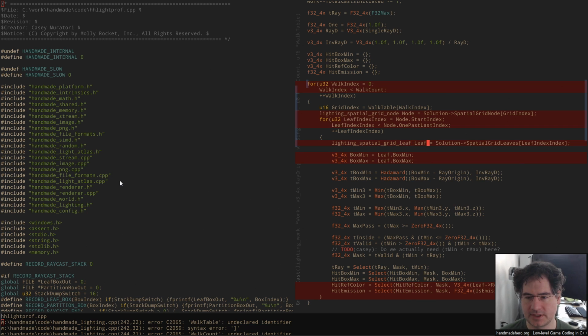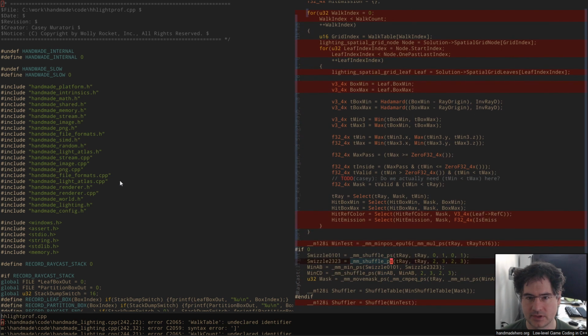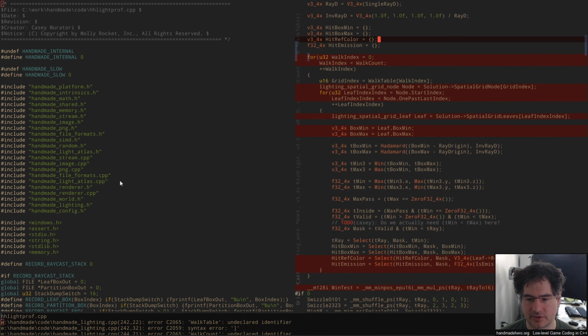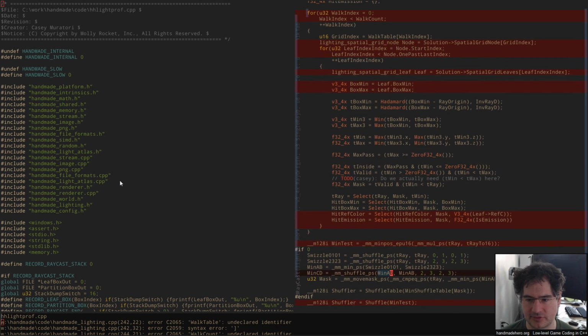So now when we go in here, we're going to be loading these leaves out, and each leaf is going to have the information that we require. We have the hit ref color and the hit emission, and those need to come from somewhere. Mostly, I think we're just doing this. And if we look at what's happening here, this is kind of busted, actually. So